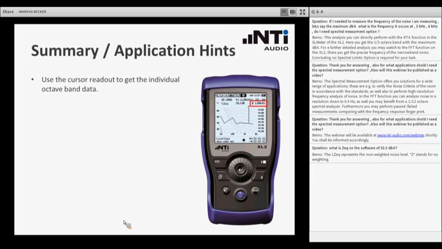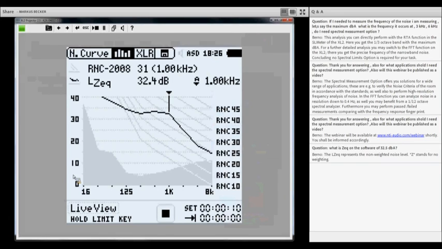Then, if you like, you can use the cursor to get the readout of the individual octave band data. Let me show you that briefly. I go back here to my XL2. By moving the cursor here to this frequency field, pressing it, you can manually control and see at what level the corresponding octave results are. So this is a way of manually just getting more information from my octave measurement. When you exit that mode, the automated cursor will immediately jump back to this highest point in the NC curve scheme.